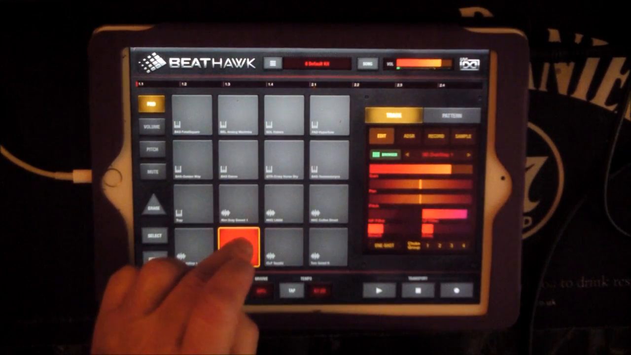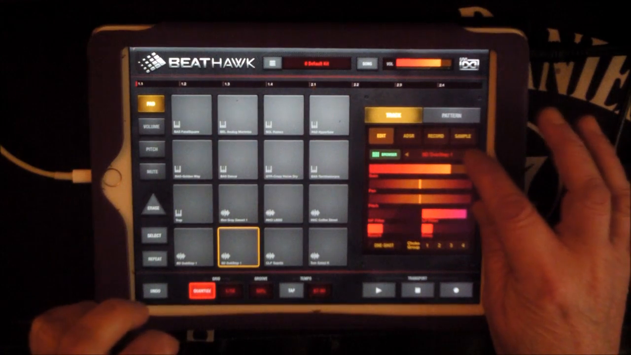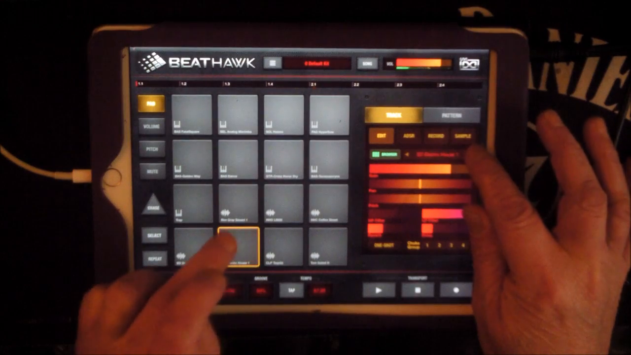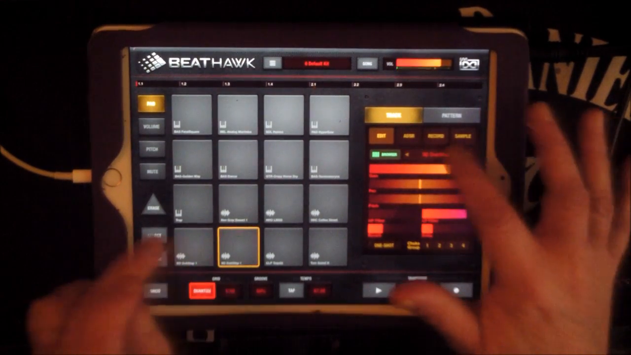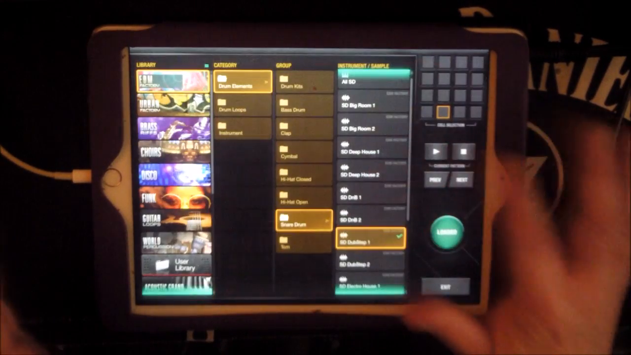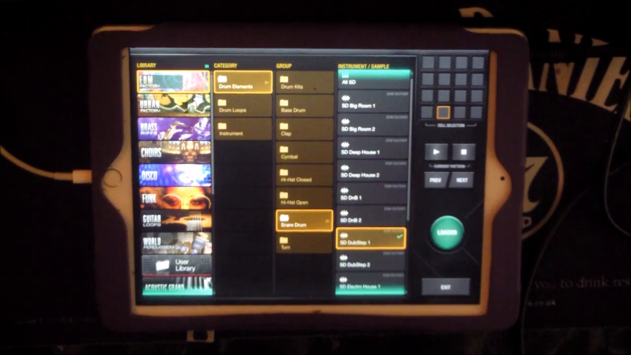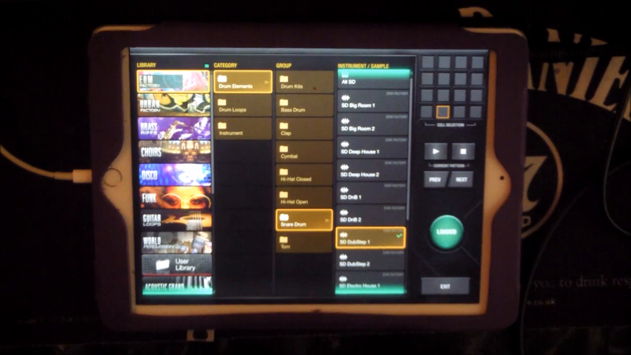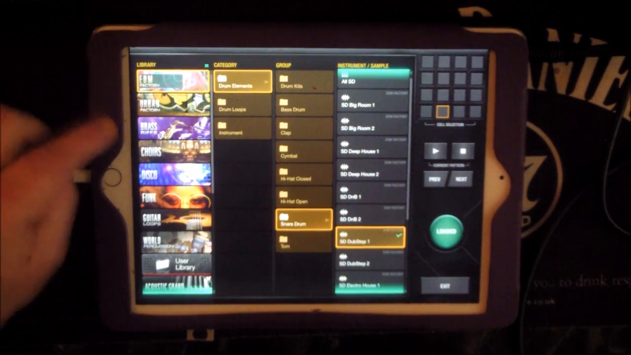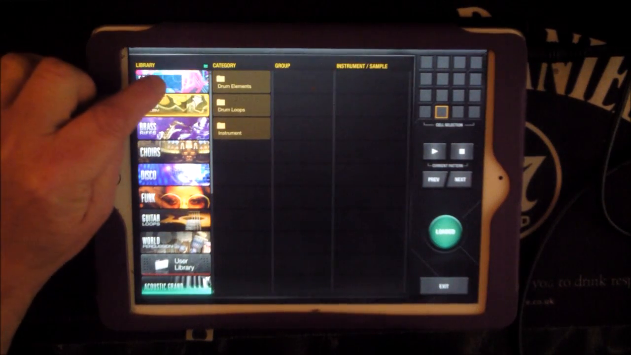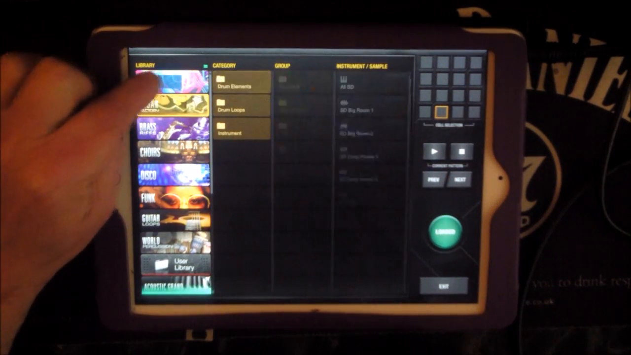Over here we have this little selector for the sample that we're in. So we can scroll through the samples in that particular bank, or we can hit this and go to our selector for our sounds. Now this is very cool as well. I've purchased, you get two, you get EDM and urban. So you get two of these